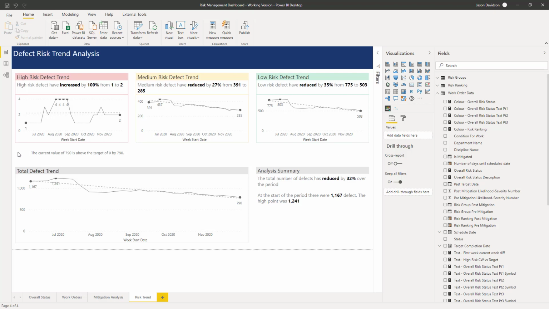In this lesson we are going to add a symbol here to draw the dashboard reader's attention to an area, in particular this text here, if the current value of the number of defects is above the target we've set for each of these different risk groups, the high, the medium and the low risk groups, and also of course the overall target, which is going to be the sum of each one of these targets here. So to do that, the first thing we're going to do is go and